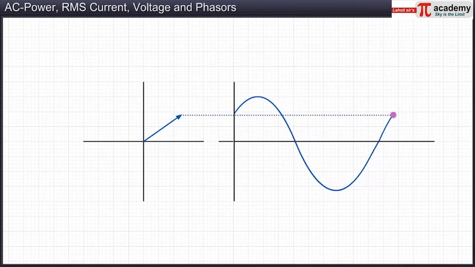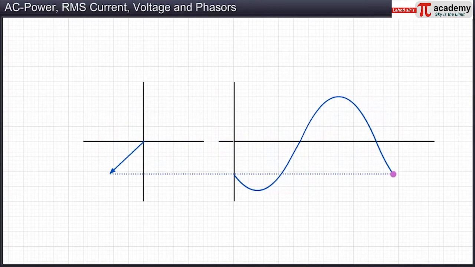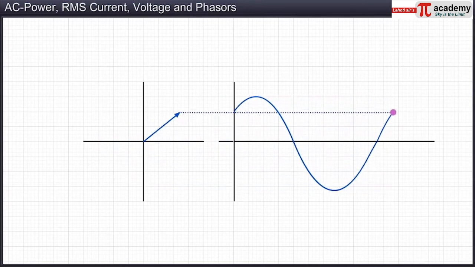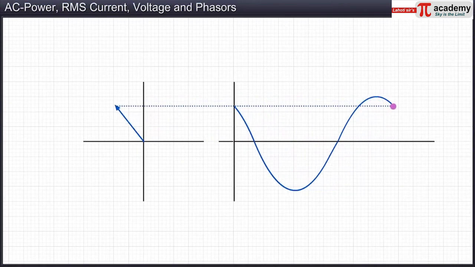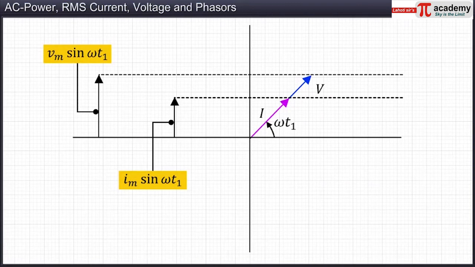Thus, the phasor of a wave is a vector that has a magnitude equal to the amplitude of the wave, and that rotates around the origin with an angular velocity equal to the angular frequency of the wave. To get the physical values of the sinusoidal varying quantities, such as AC current I and AC voltage V, we take the vertical component of the phasors, I and V,